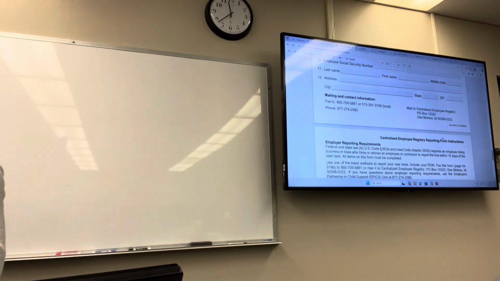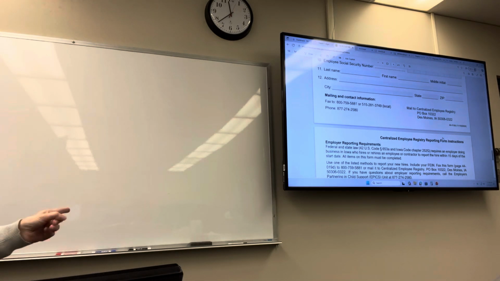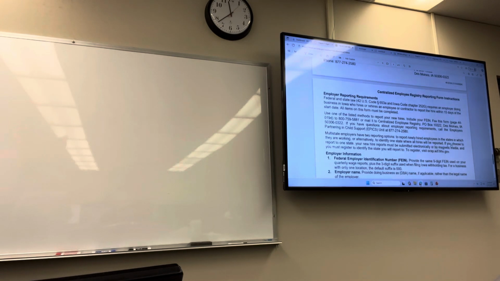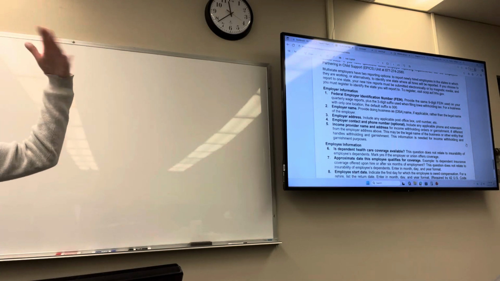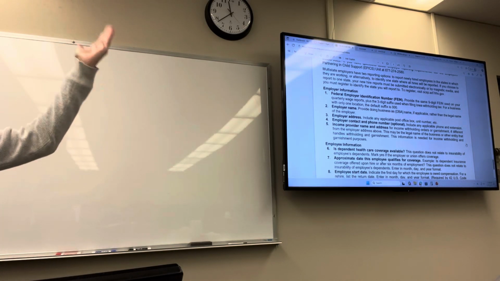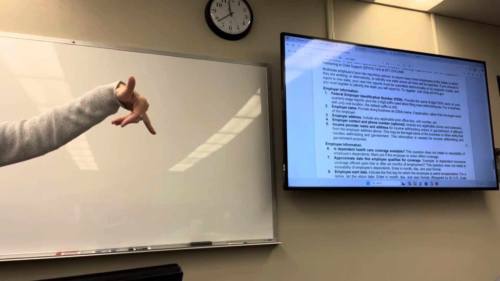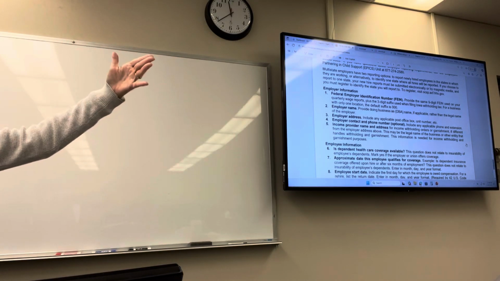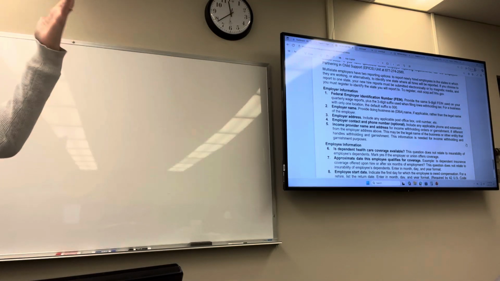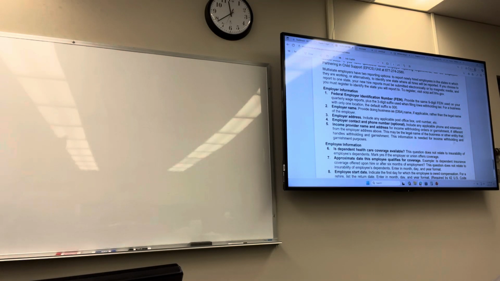So the first part of that W-4 is not sent anywhere, but this is sent into the state. And again, it's to match the employee's information against their database so that if there are any garnishments that need to apply to the employee, the state then notifies the employer, hey, this person has a garnishment, you need to withhold this much for child support, starting on or after this, or on or before this date.